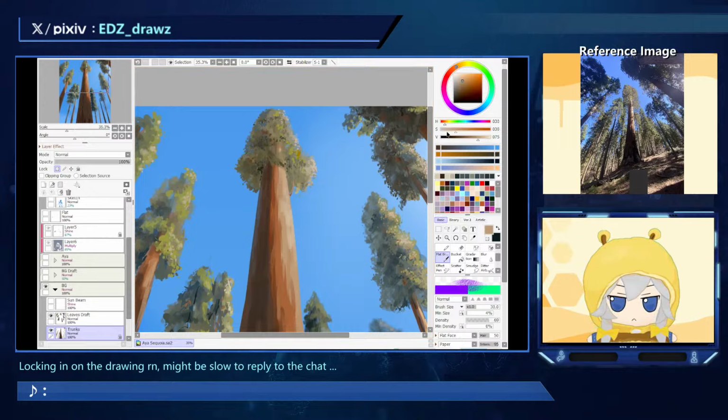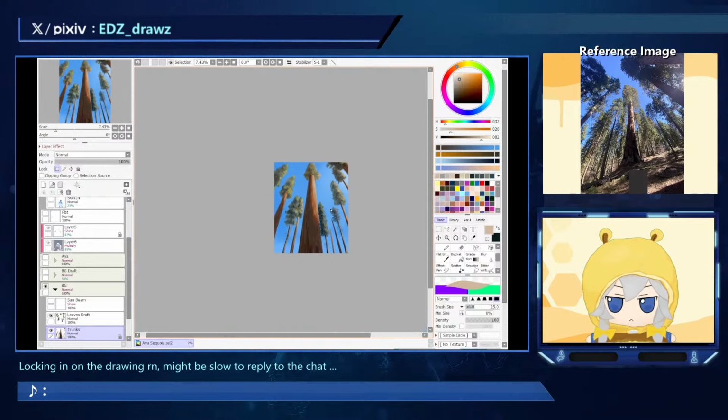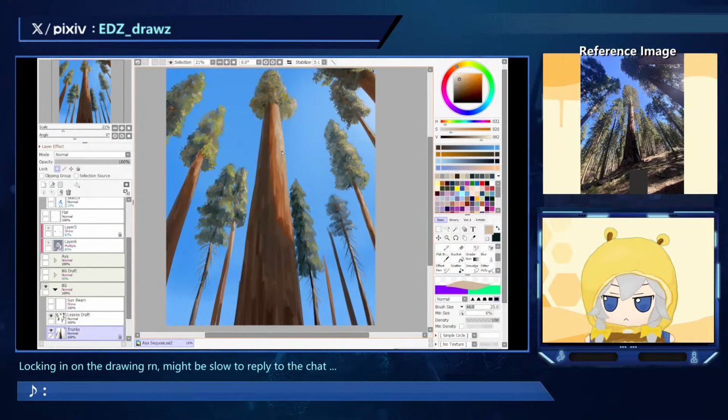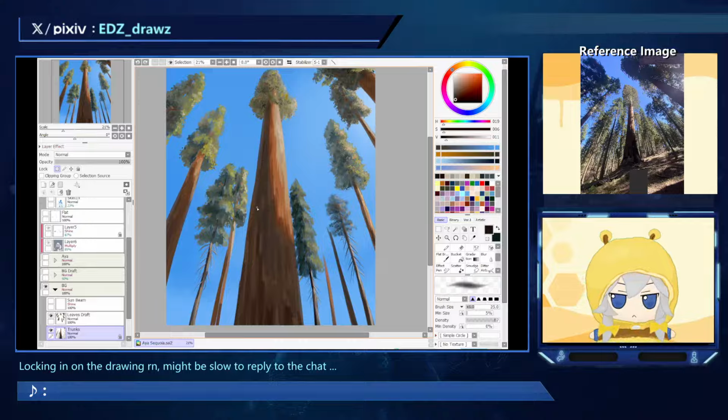Let me see what I can do. Add some skylight maybe. I need to